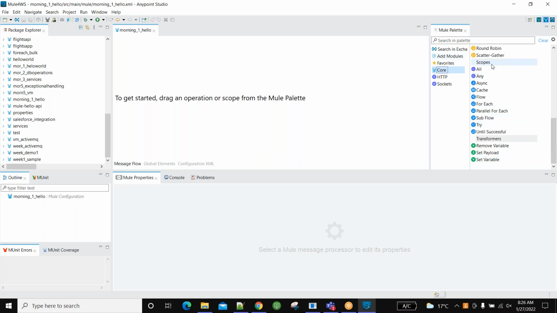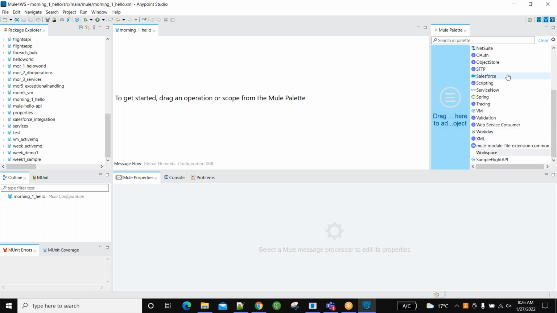Another thing is Add Modules. These are only activities for building the logic. That's all. Now we have modules. Click on Add Module. See, these are nothing but target systems. If you want to integrate with Workday, you can integrate. If you want to integrate with Salesforce, yes, Salesforce. ServiceNow, yes. Okay. So these are modules, different target systems we could say.